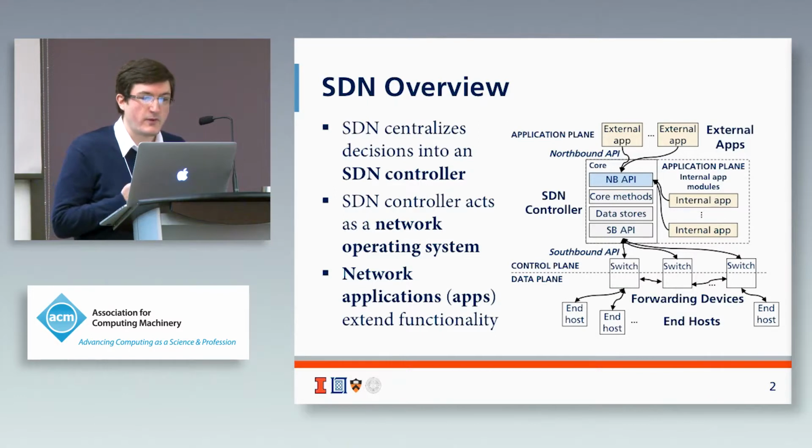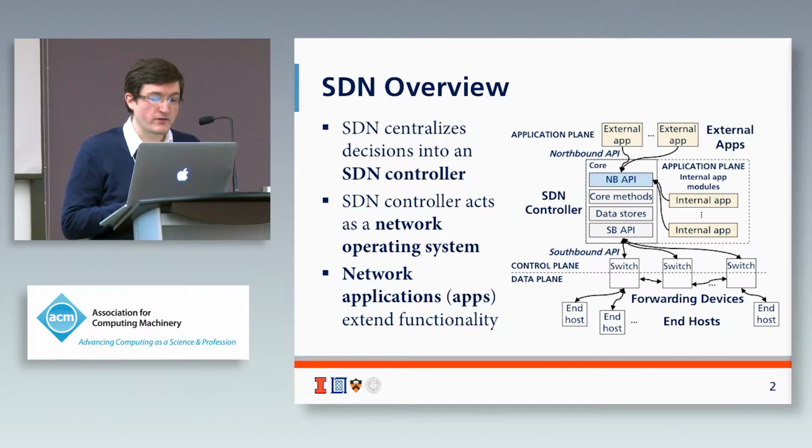So to give a bit of a brief background, particularly with terminology, software-defined networking differs from traditional networking in that rather than having decisions about forwarding and rulemaking be a distributed decision, SDN tries to centralize that into a logically centralized SDN controller. This controller acts in some ways as a network operating system that controls what is termed the control plane of the network. The control plane makes decisions, and these get actuated in the data plane as flow rules that allow end hosts to communicate with each other.